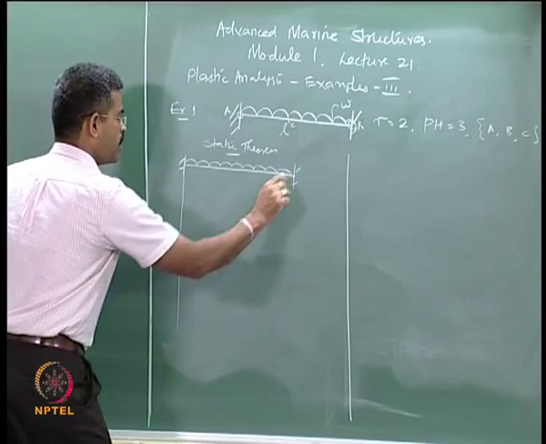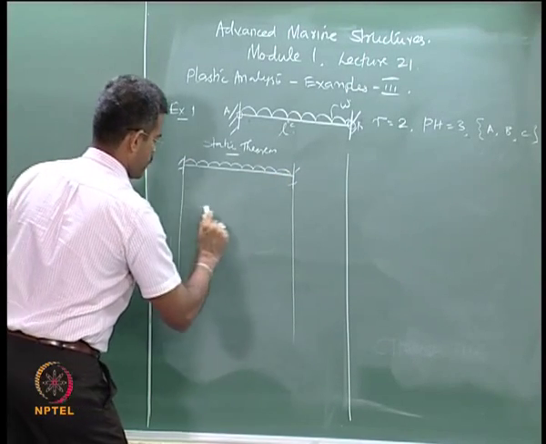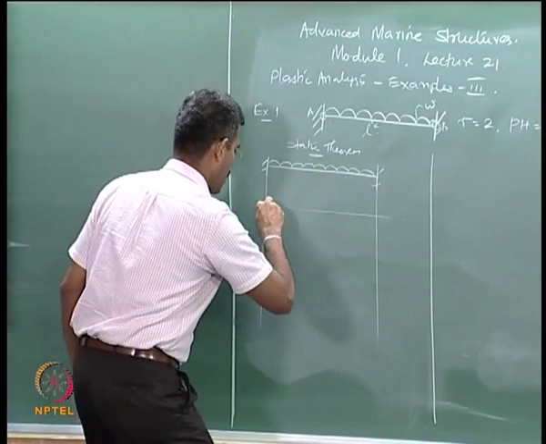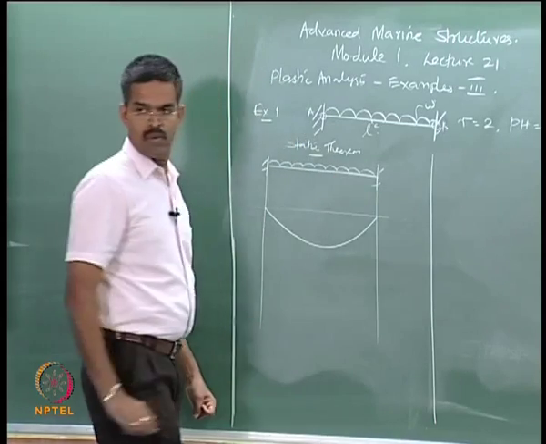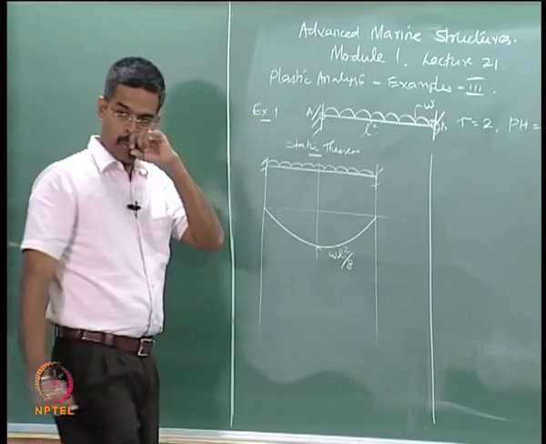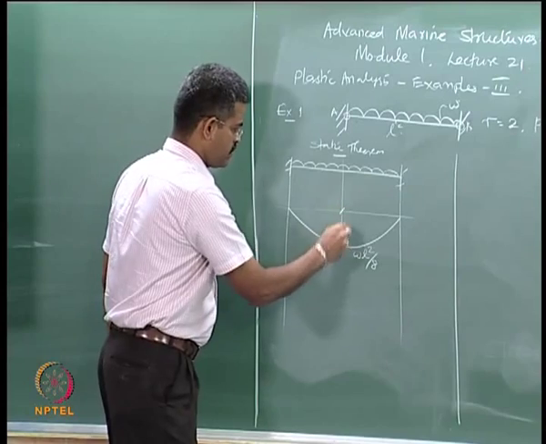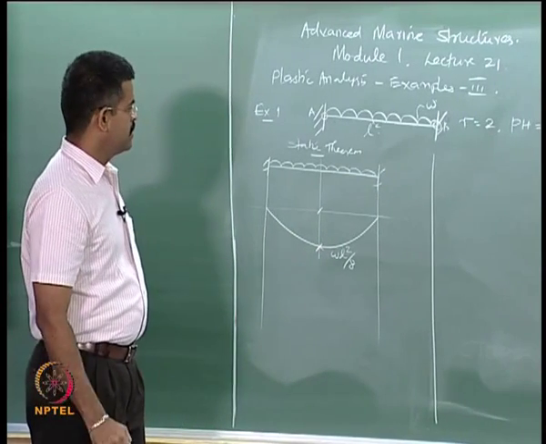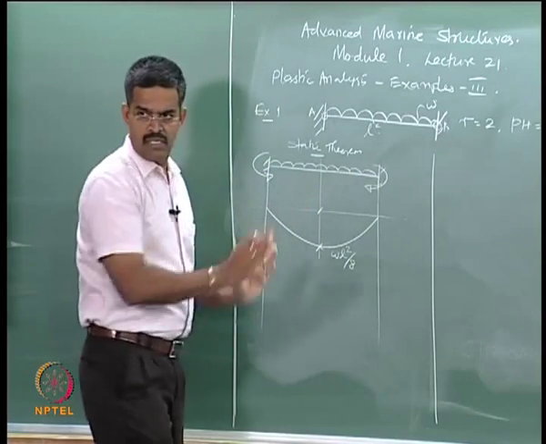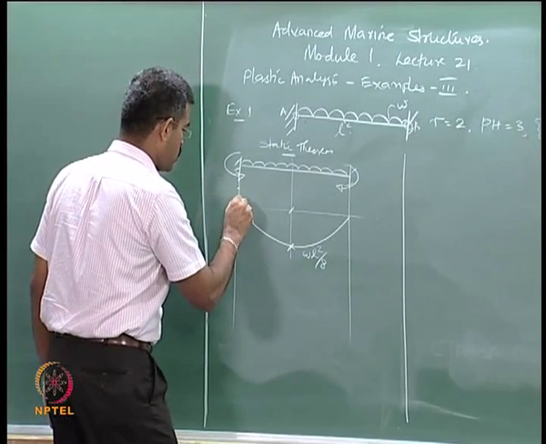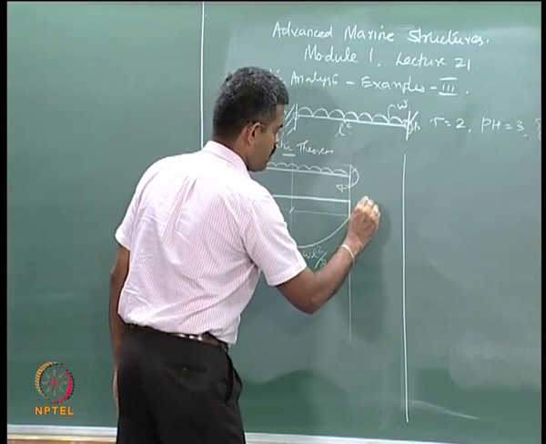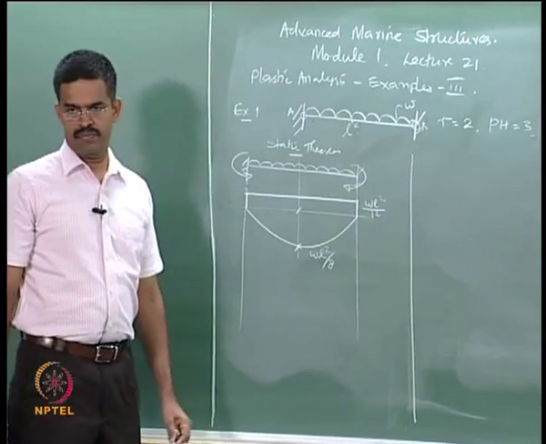Let me draw the bending moment diagram for both cases. We all know that if the beam were simply supported for a given loading, the bending moment diagram is going to be parabolic, is it not, whose value at the center will be equal to WL square by 8, that is this value. Okay. And because of this there will be fixed end moments generated at these fixed supports, and that value is going to be equal to WL square by 12.